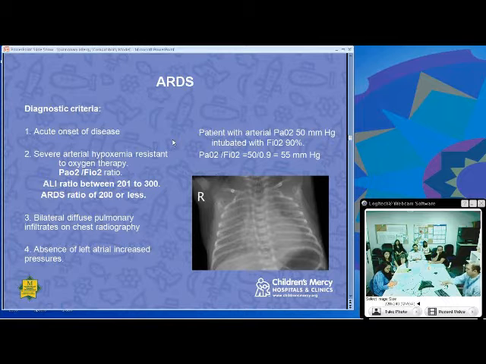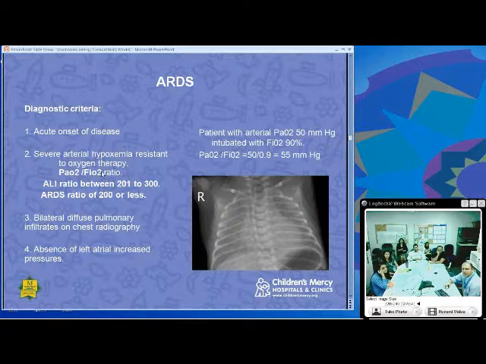The diagnostic criteria has to be an acute disease with something that is going to trigger it. We talk about the severe arterial hypoxemia. So when the hypoxemia is not marked, it's called acute lung injury. So this is the milder form of ARDS, and when it is very severe, it's called ARDS. And we mainly go by the